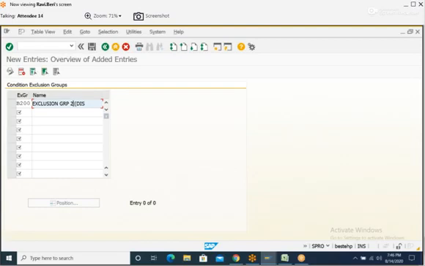But here B100 has 4 condition types. Yes, we have to delete 2 from that. Next step. Already B100 we have assigned 4. Now next step we have to remove that. Save it.